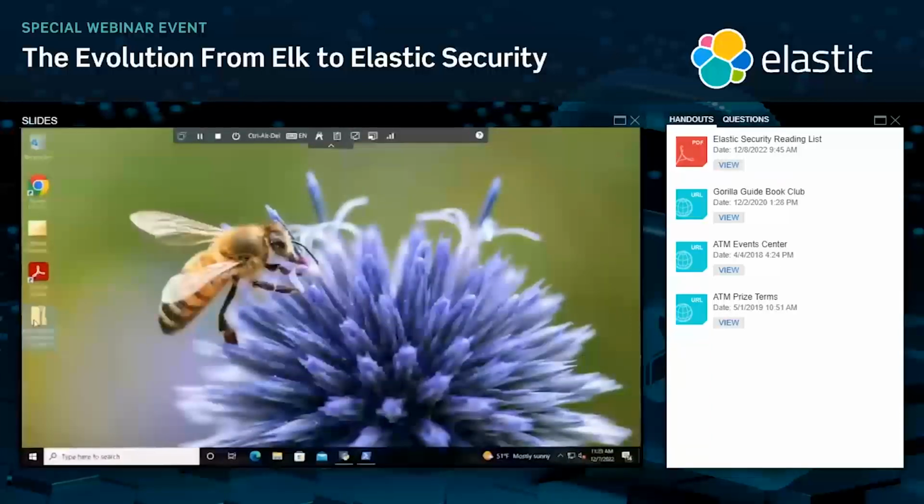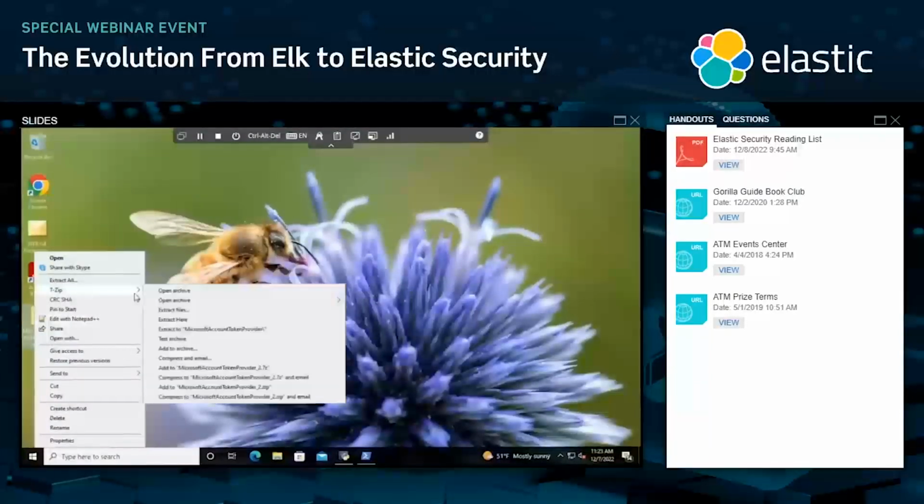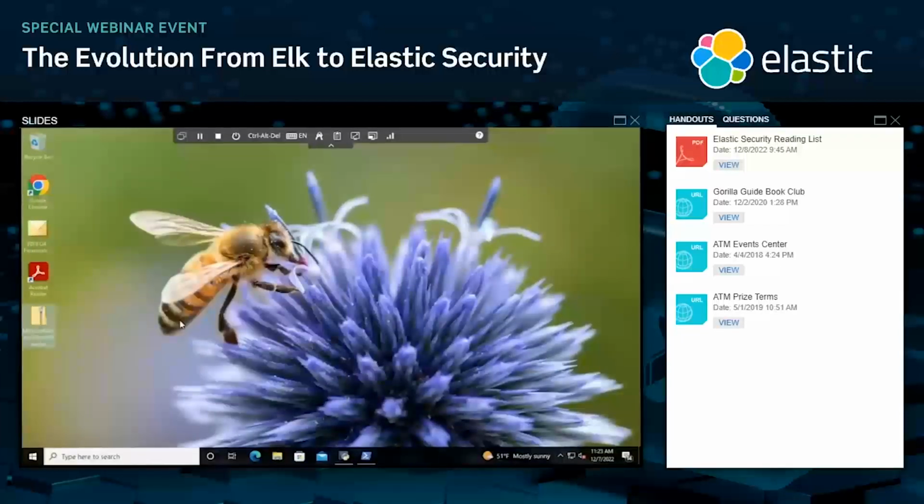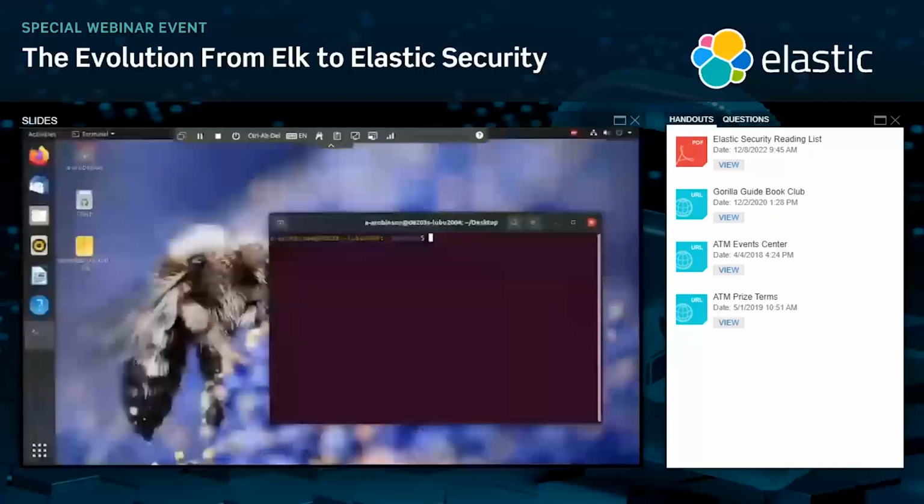If I was to look at Windows, for example, I have a piece of malware here on the desktop, and let's just extract that. And I should get a little binary here on the desktop, and it was so fast, it was quarantined so fast. I did get an Elastic Security pop-up here. I can choose to turn that off if I want to be super covert, but it was so fast that it was on the desktop for a split second and suddenly quarantined, right?